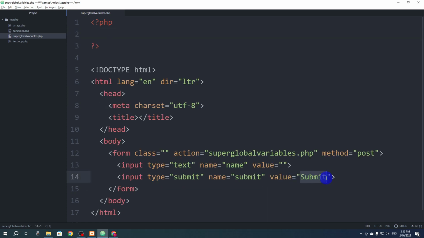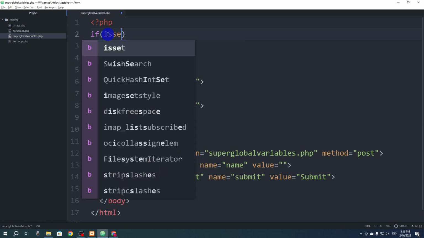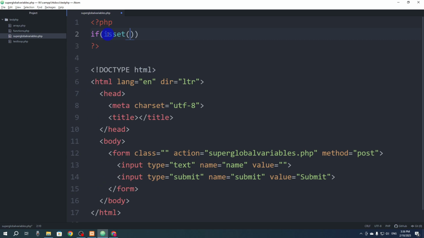Here you can see we have a submit button. So we said that when I click on submit, it will be redirected to the same page. Here we will catch it through PHP syntax. So I have written PHP syntax here, and now I have to catch it. I will say if isset, it's a function, isset. If isset the submit button, so the name is submit, right? When I click on the submit button, I will say here submit,